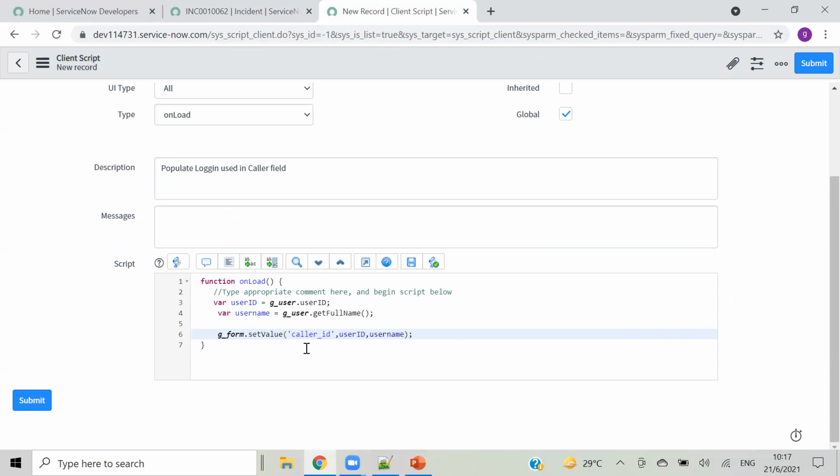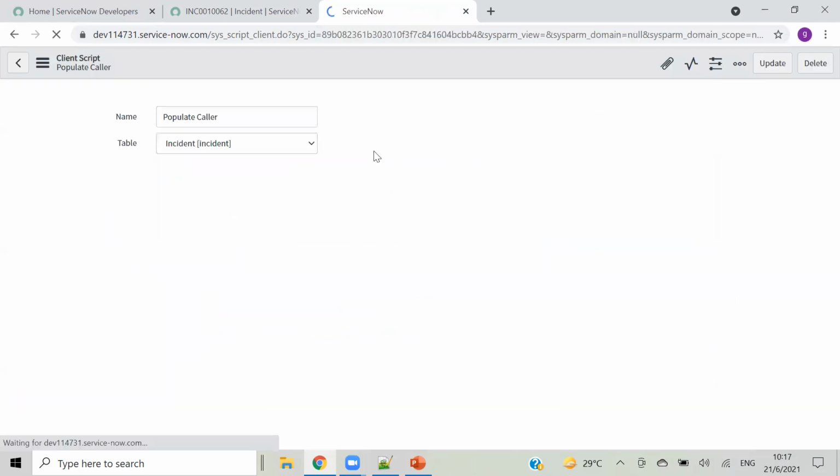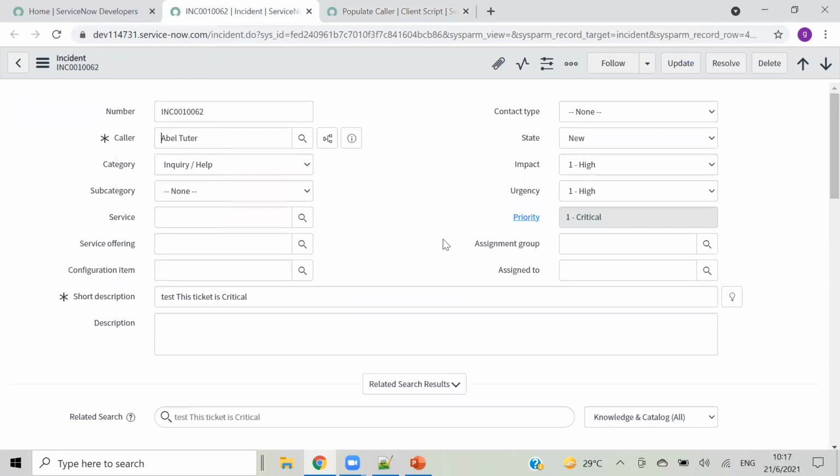Okay, so now it should set that user ID field. So first let's see, and there is something I will show after this, like what the issue is and what we can do.